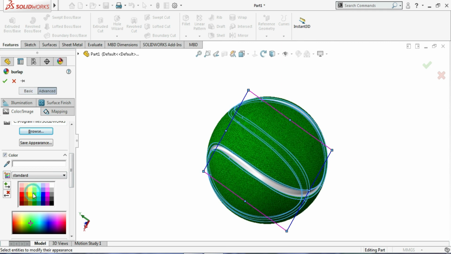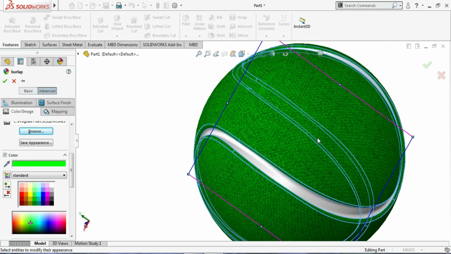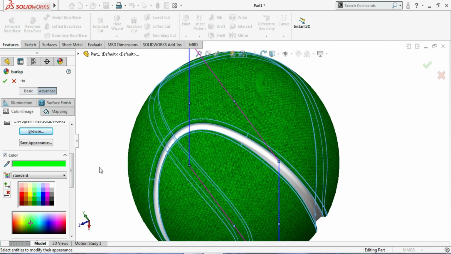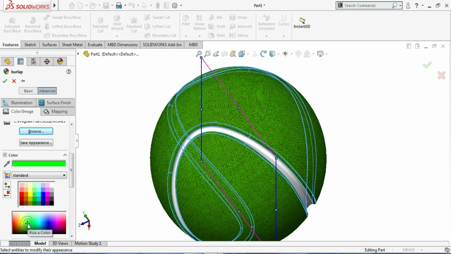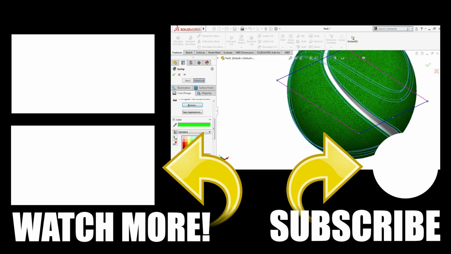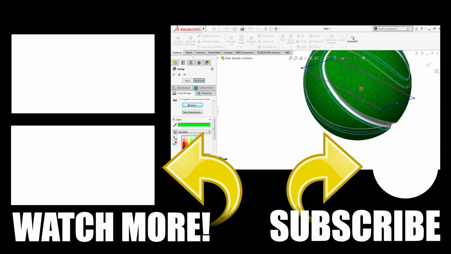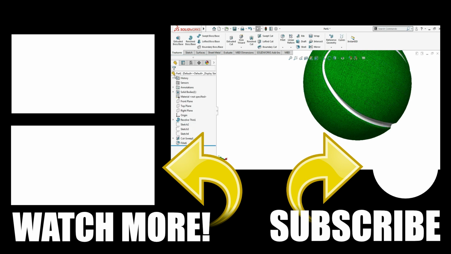I'll choose green. Now you can see it is looking like this. You can even change it from here also. Here I will do a little adjustment with this, and just go for OK.